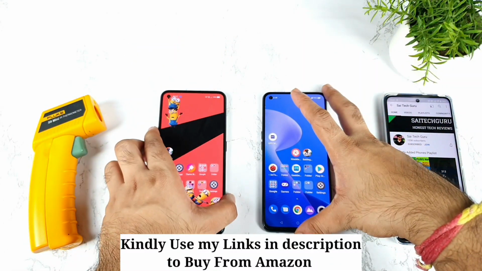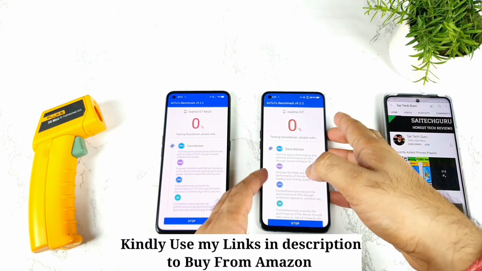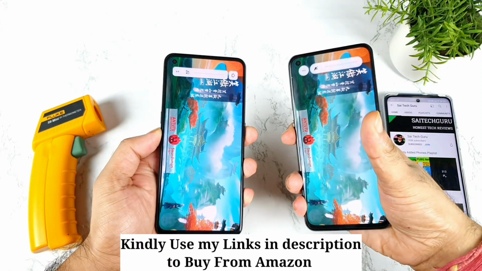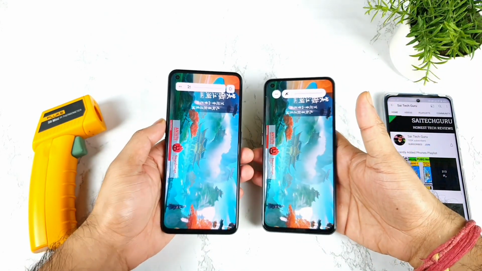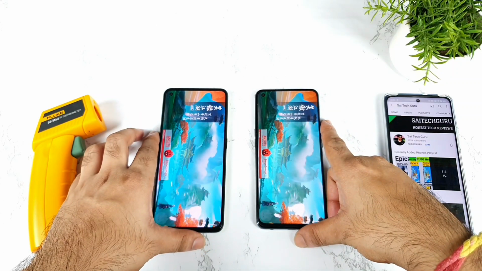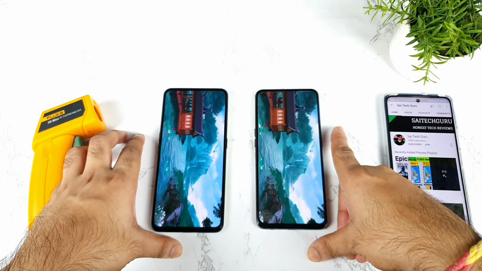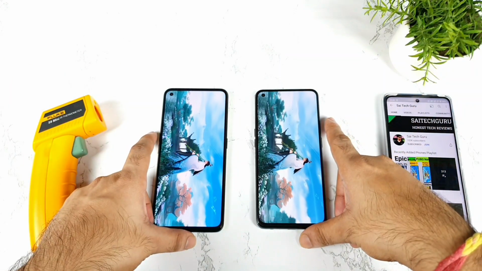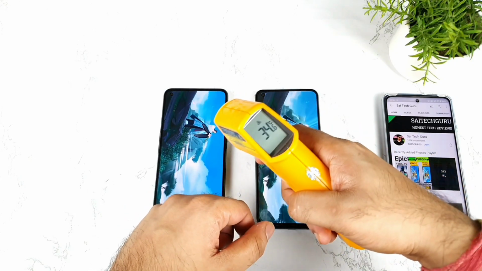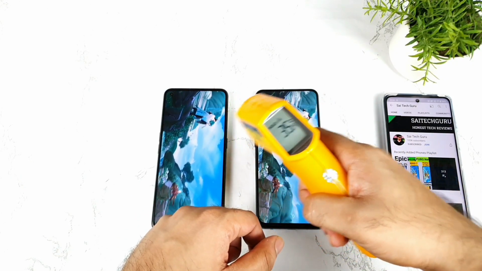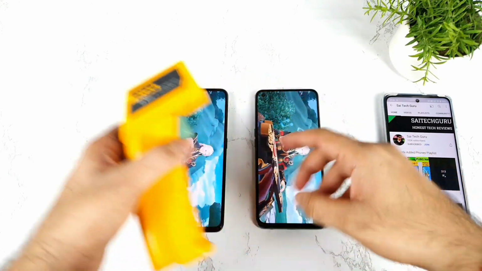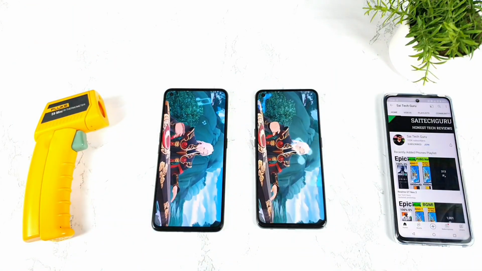So now let me start the benchmark test application. So both phones, I'm using the latest version 9.2.2 only. So during this time of comparison, let's see using the latest 9.2.2 how much we can actually get the benchmark score. CPU and the GPU scores I'll try to compare. Even I'll try to compare the temperatures, which one has got what type of temperatures during this time. In this way, we'll be able to figure out what is going on between these both phones regarding the temperatures. Very close, right? 35 degrees Celsius and 34 degrees Celsius. Not bad, so very close. So I'll be back after some time.